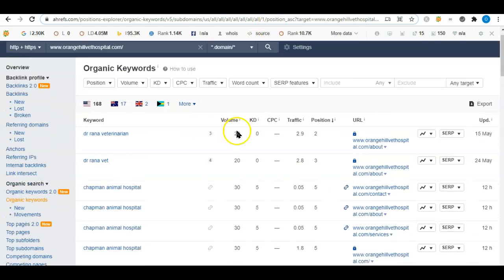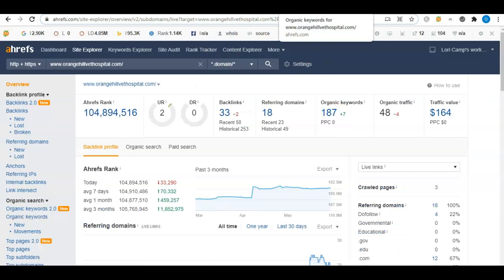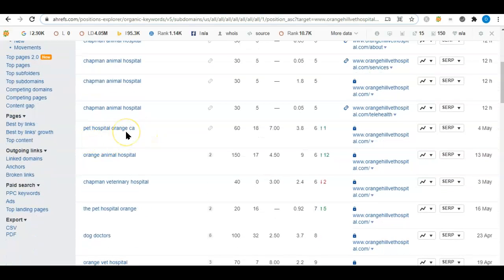They are showing up for, what was it? 187 organic keywords. They're showing up for their veterinarian's name, Chapman Animal Hospital, Pet Hospital, Orange, California, Orange Animal Hospital. So you can see Orange Animal Hospital, there are 150 people searching for those exact words every single month. And of those, because your competitor is in the 6th position, they're getting 9 visitors on their website every month on average from those keywords, from just showing up